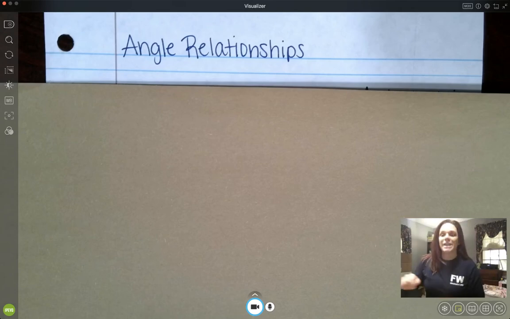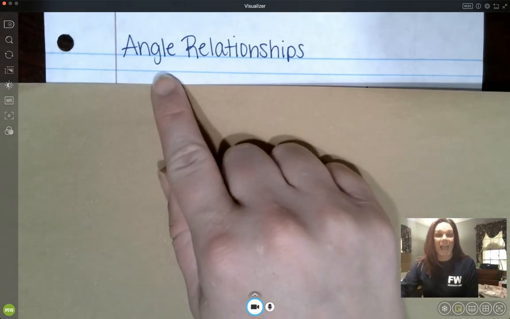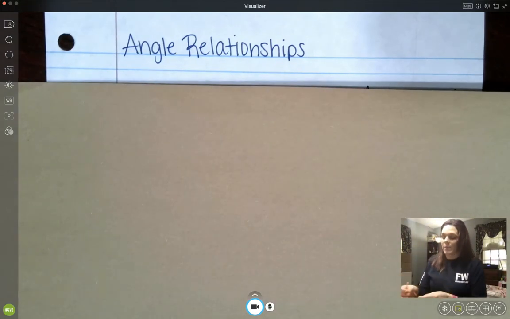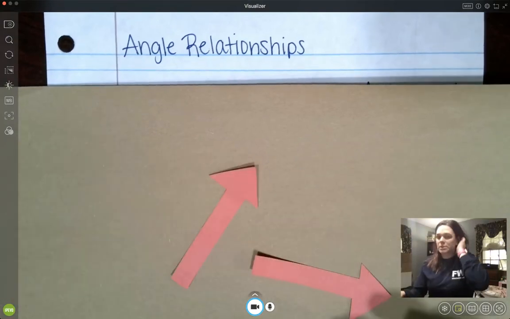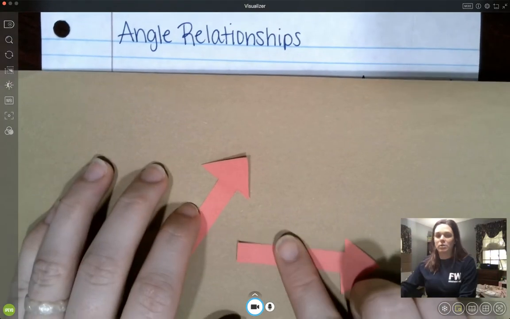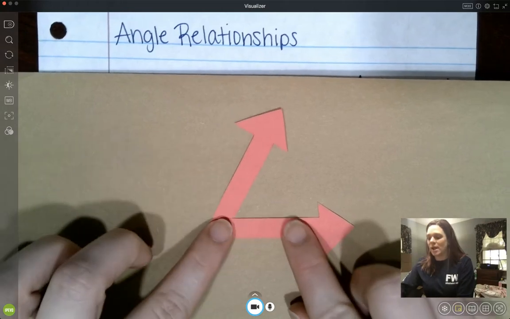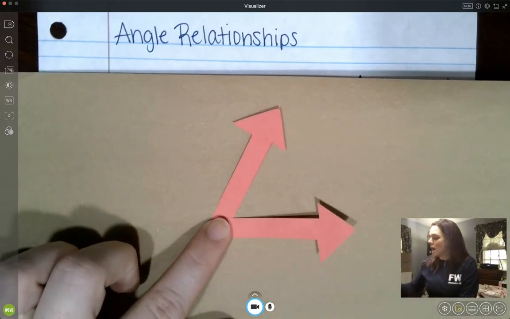Hello. So today we're going to be taking a look at angle relationships. First and foremost, I want to talk about angle relationships and where it starts. So I have these paper arrows, all right? And a lot of times if I were to say, okay, if I have this angle here, which would be